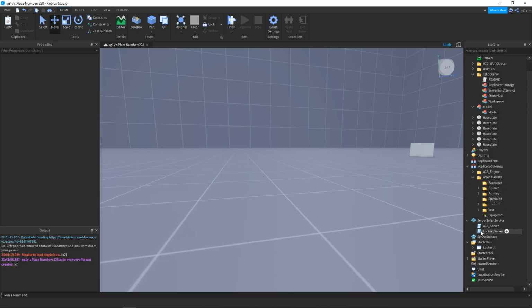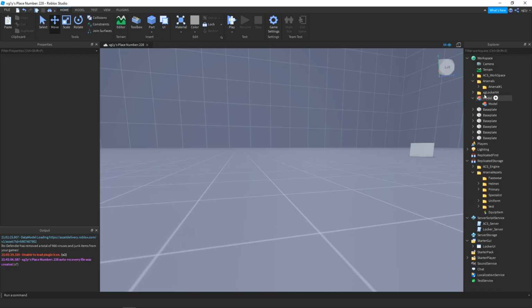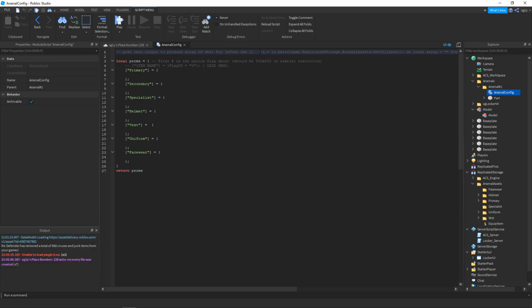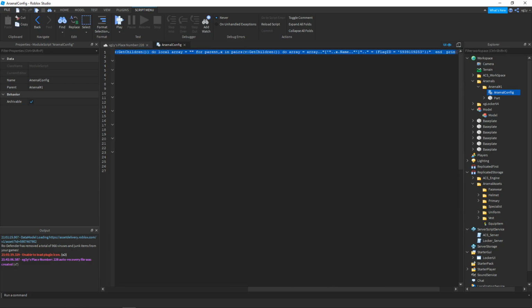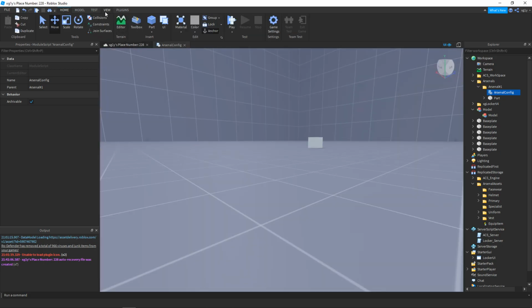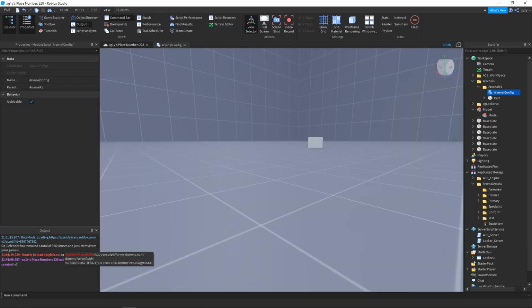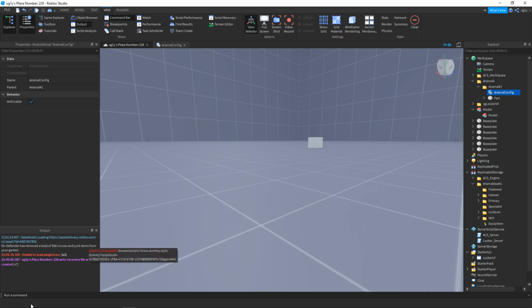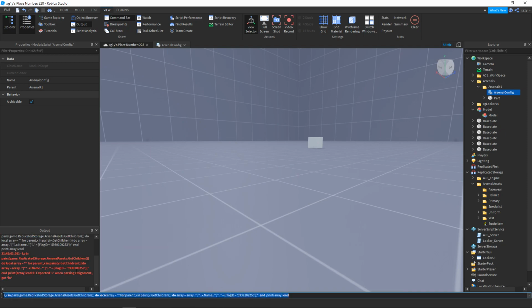what you want to do is go into arsenals, the example arsenal, and arsenal config. Now, you'll have a line of code here that you copy and paste directly after the little slash thing. You want to Control C. And next you want to go to view and click output, and a little command bar will appear. You can click it to show, and then what you want to do is Control V and